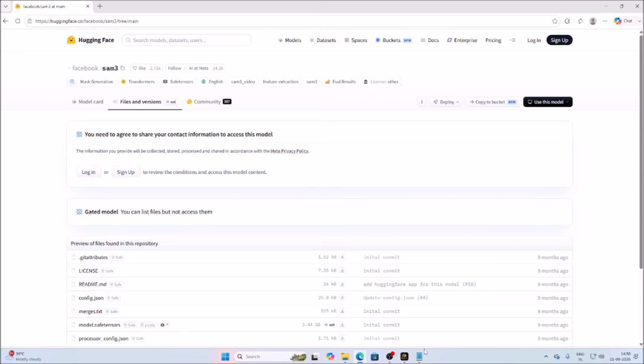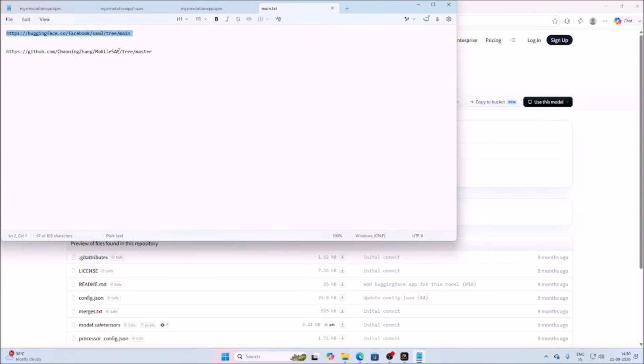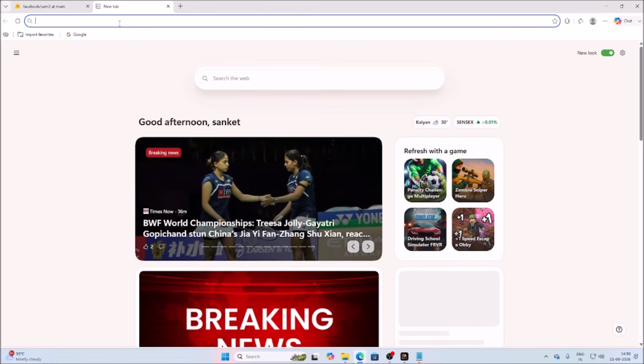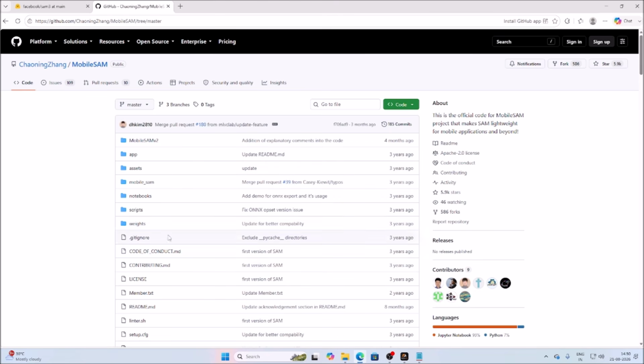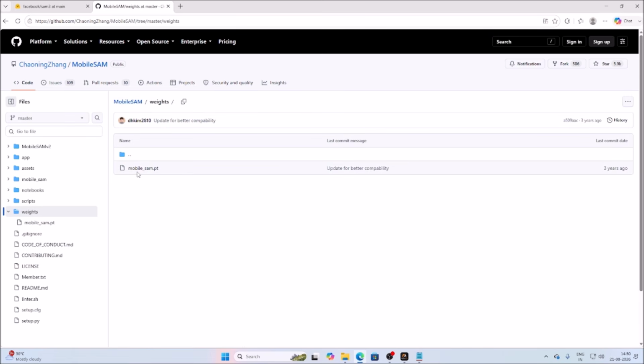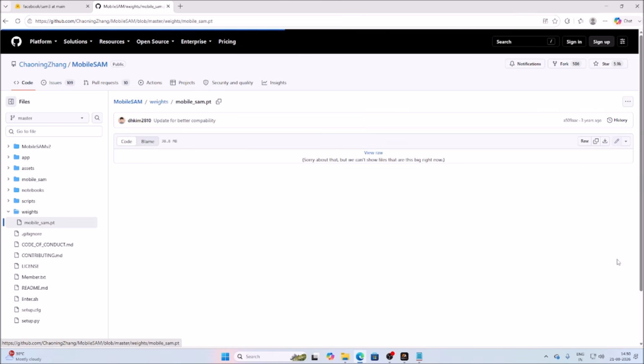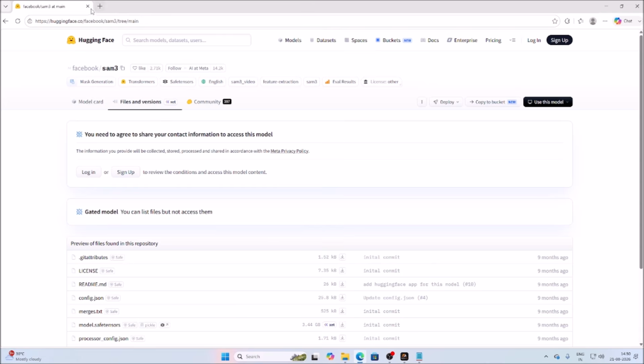Then we need another model, which is mobile sam.pt. So copy the second link and paste it here. It will open the GitHub link, and inside the GitHub we go to the weights folder, and this is the mobile sam.pt. Just click on it and then click on download. It will download the mobile sam.pt model. For mobile sam.pt, there is no need for any permission. This is just a GitHub link. You can simply download the mobile sam.pt model. Once we have both models,